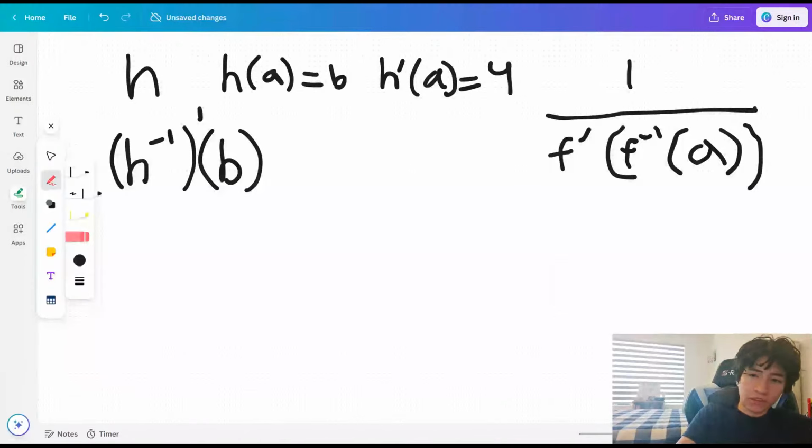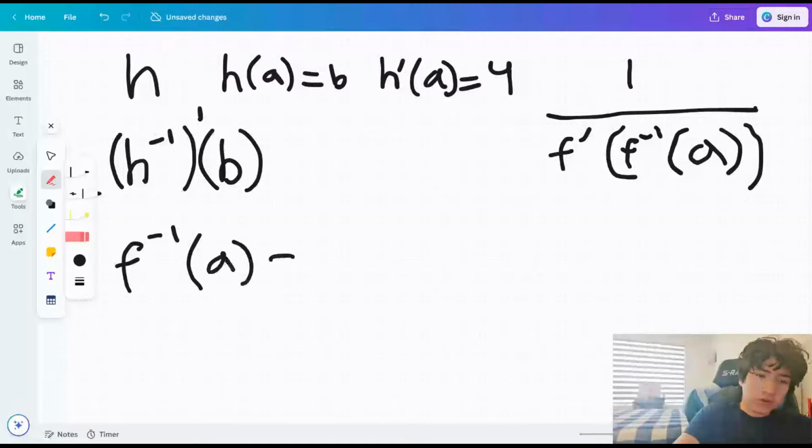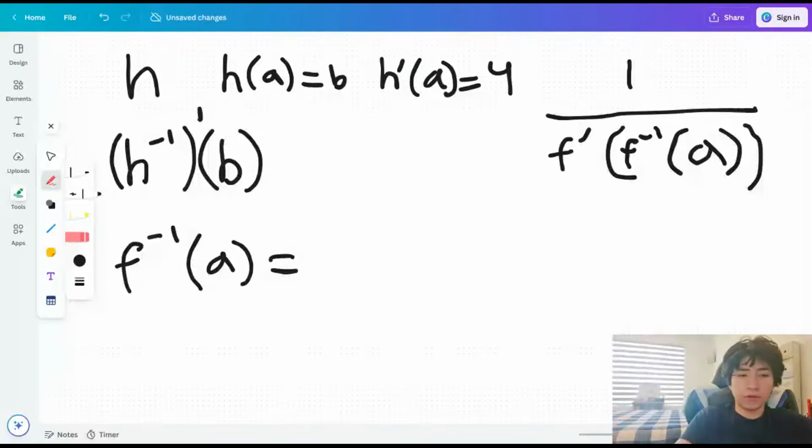So let's see. So to evaluate for F inverse of A, this is equal to, oh, well, I mean,